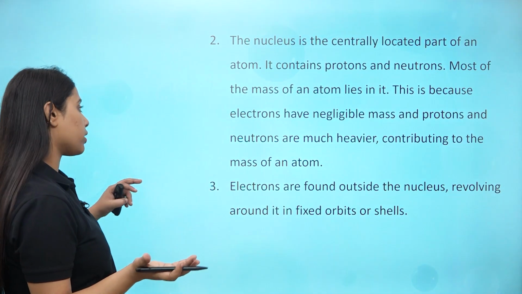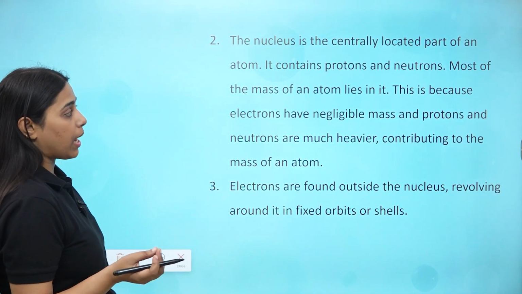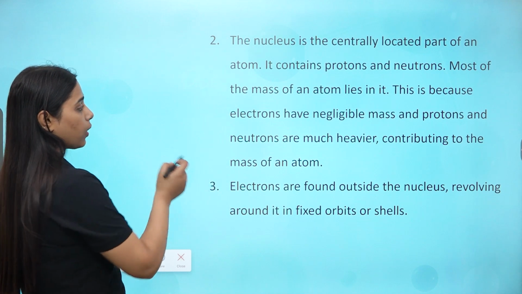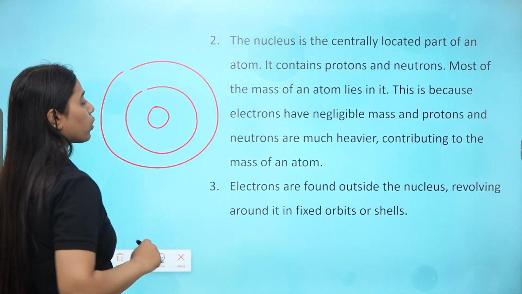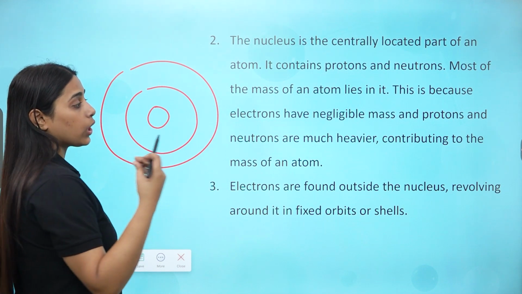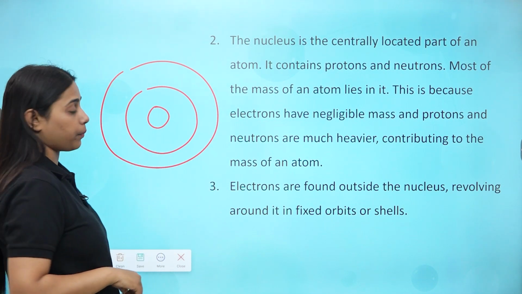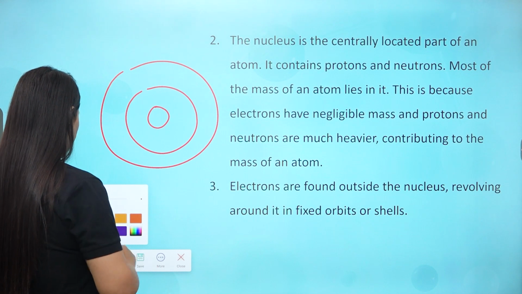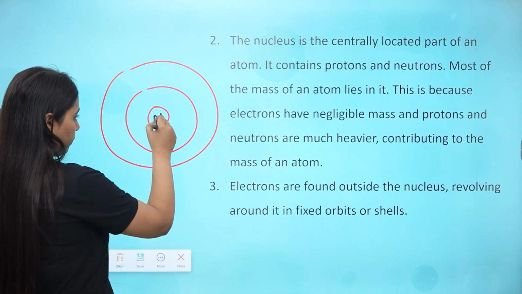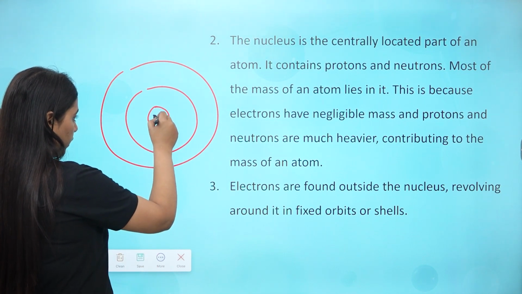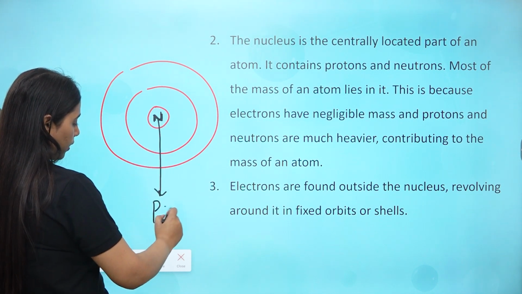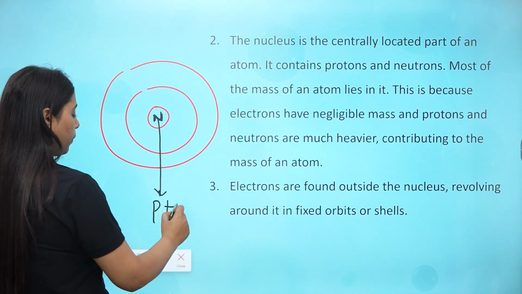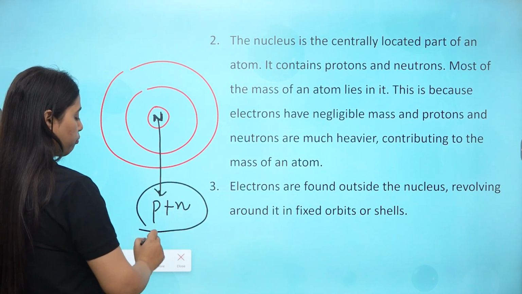It contains protons and neutrons. Most of the mass of an atom lies in it. This is because electrons have negligible mass and protons and neutrons are much heavier, contributing to the mass of an atom. So, by this statement we mean this central part is located as the nucleus. This nucleus is the mass containing part for any element, which is P plus N only, the sum of protons and